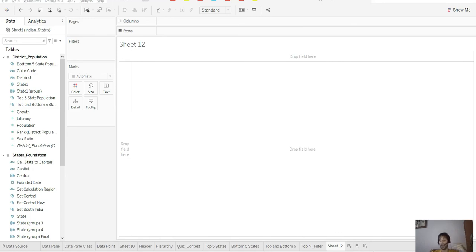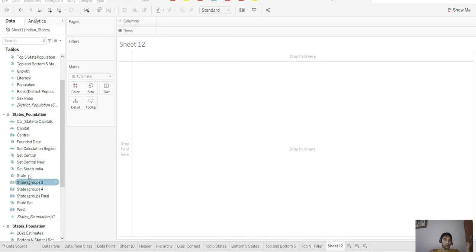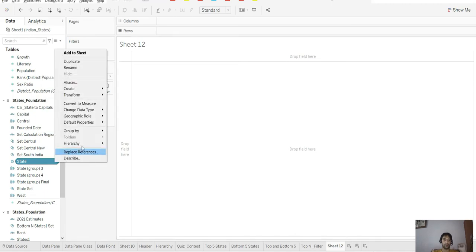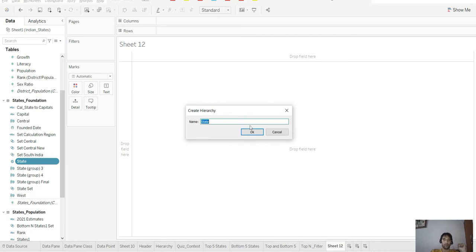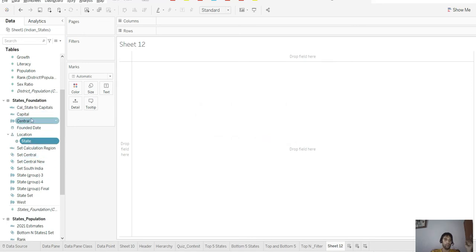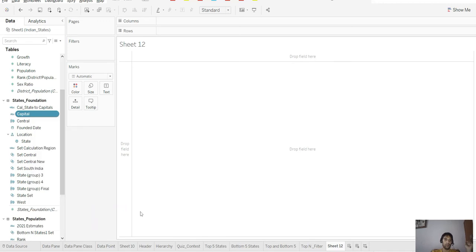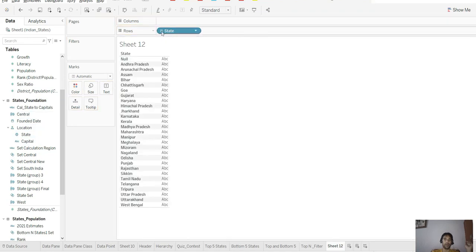So you can say state and capital, another example of hierarchy. So let us try to create a hierarchy. You can go to that very particular column, and I say right click, and I can give this as location name, and I can also do like this. Go to hierarchy, and I can add to the hierarchy, or you can again drag and drop as well, like this. So both ways you can do, and I can put location over there, and I can have like this.